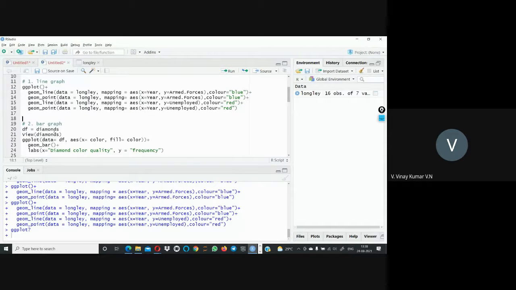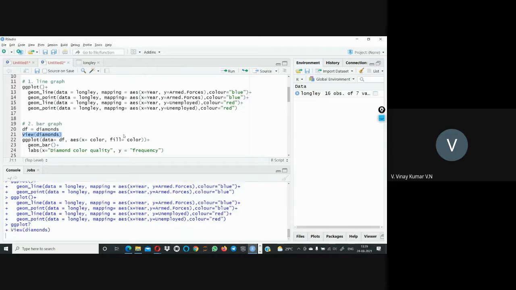Okay. Next there is another dataset available, which is called diamonds. This is also a default sample dataset available in R itself. For this diamonds dataset, let's first see what is inside it. I'm using View of the diamonds dataset. I'm not importing data from outside. Within R itself, we have some sample data, and that is the same thing I'm using here.